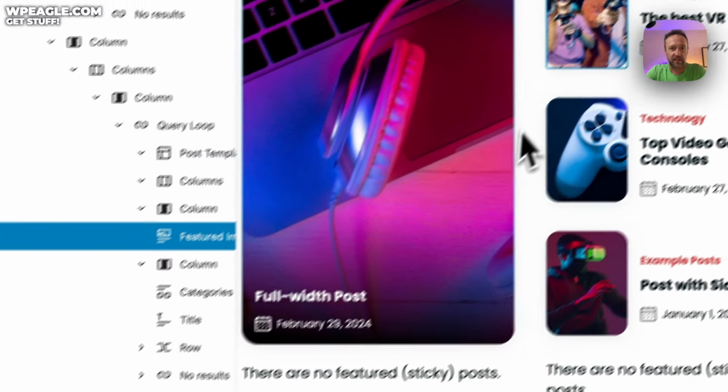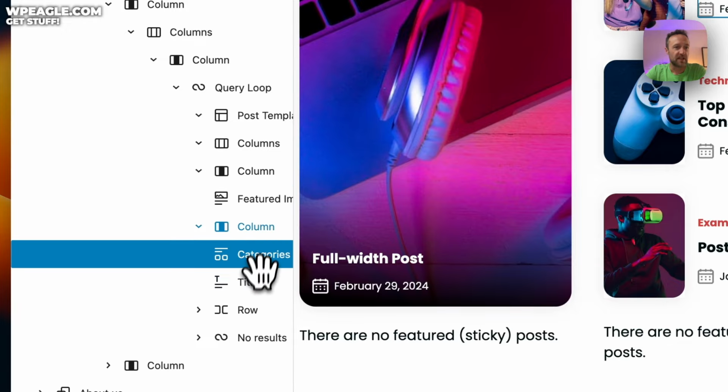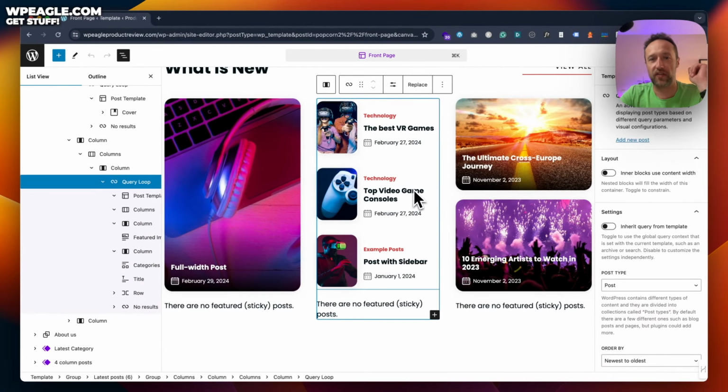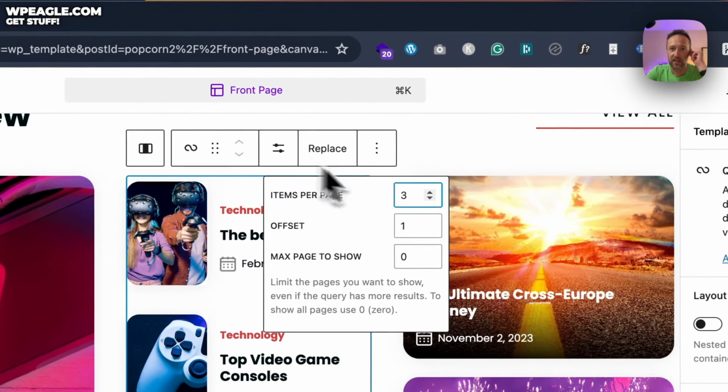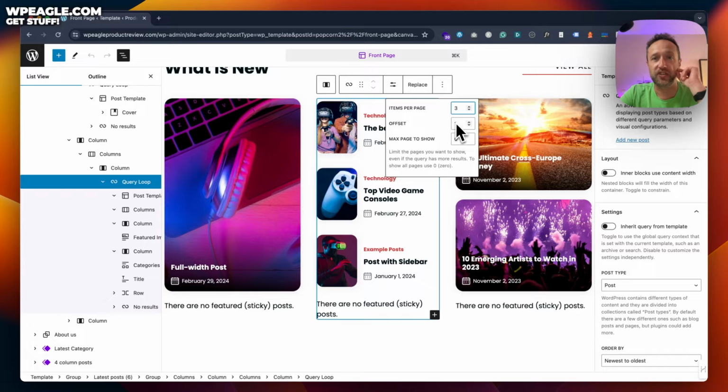You've got all the settings and the layout features like featured image, the categories. You're not going to want to mess with it. To be fair, the one thing you might want to change is the query loop, which decides where the content is coming from. So if I select query loop and then go to the settings, we can change the number of items per page, the offset,